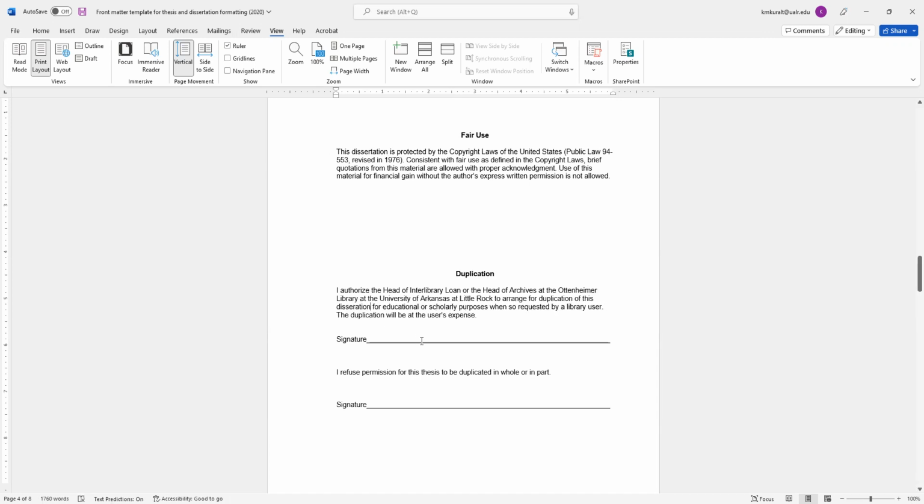Okay. You have a choice to make here about whether or not you want to authorize the library to make hard copy versions of your thesis. So for example, it's going to be uploaded in ProQuest and half the universe can get it there anyway. Under very rare circumstances, somebody might write to the library and say, would you make me a physical copy? I can't think of any reason why you would say no, but you do have the choice here. So if you want to say yes, then leave this little paragraph, changed if you needed to, and just delete all the rest of it. You don't have to leave the signature line and stuff in because nobody physically signs these things anymore.